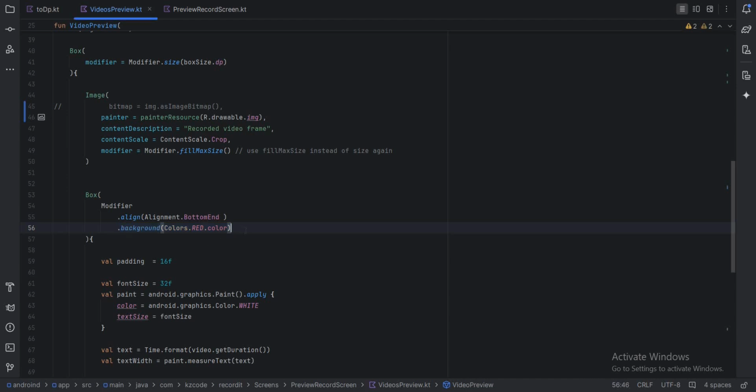Okay, I forgot to say one thing, that you should remove this background color red. This is the one that is causing the background to be red. You should remove it, and as you see here, you should use this one, but